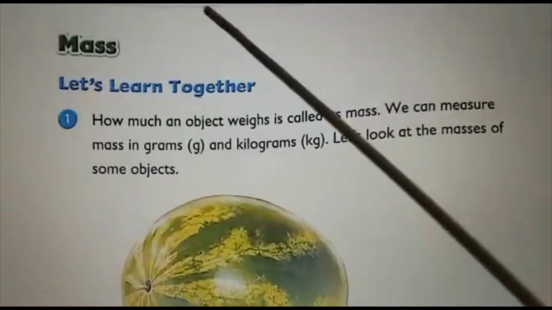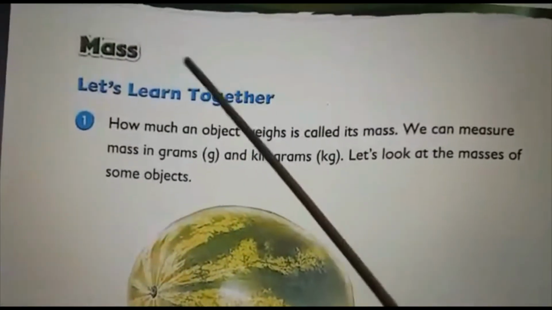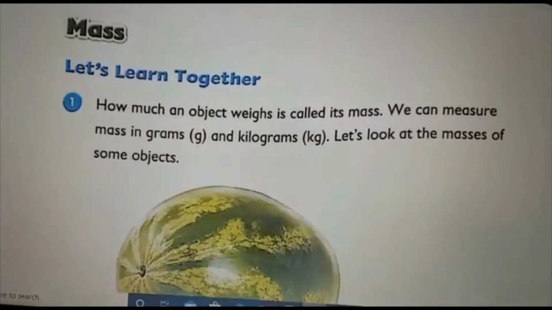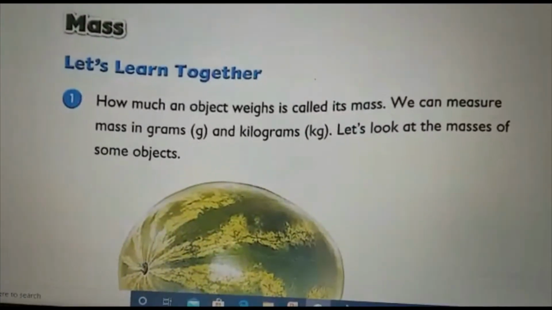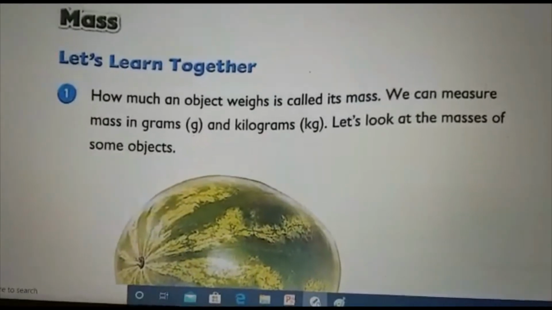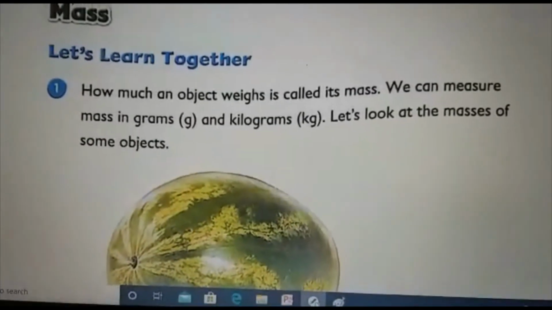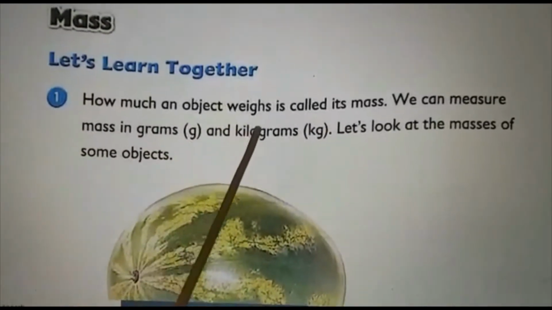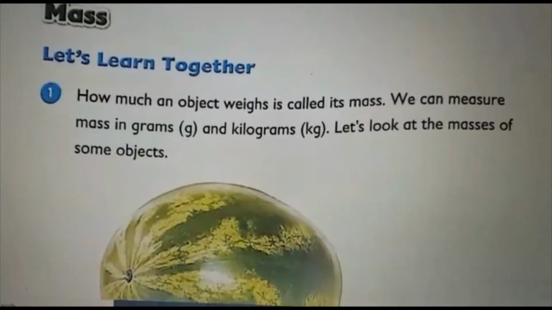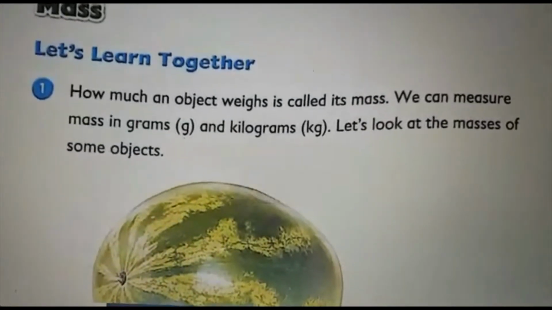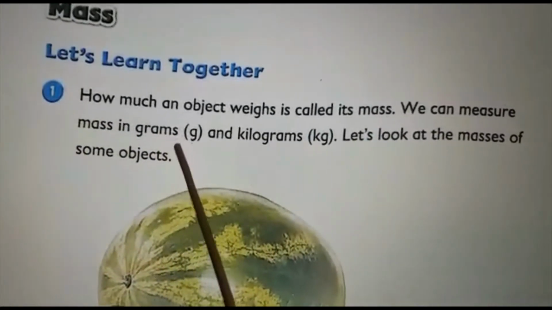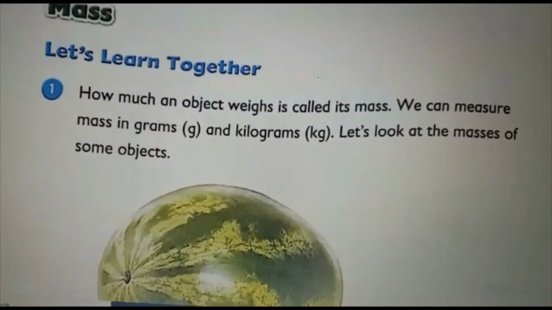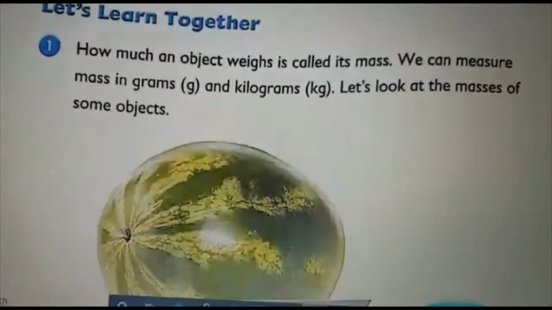Now we can go to the textbook exercise, okay? Student book, page 232, that is the explanation for mass. This one is easy for you, only the conversion part is a little confusing. Just learn these conversion methods by heart and it will be easy for you, okay? So mass: how much an object weighs is called its mass, and we use the units gram and kilogram to measure the mass of an object, okay? That is what we already discussed in the previous slide.